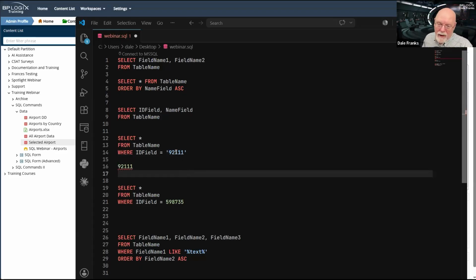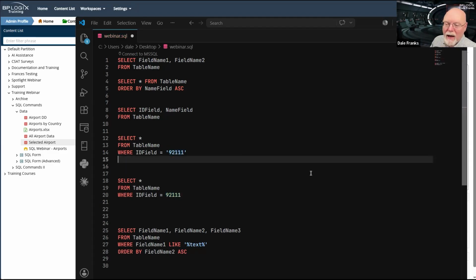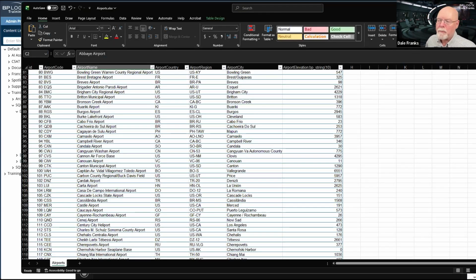Now, it's always possible that in some database, the zip code is stored as a number. If it is, then I guess you would have to use this syntax here. But in either case, you need to know whether you are looking at text or a number. There's a general rule, especially whenever you are making your Excel spreadsheet: if I am not going to do math on it, it's not a number. It is text.